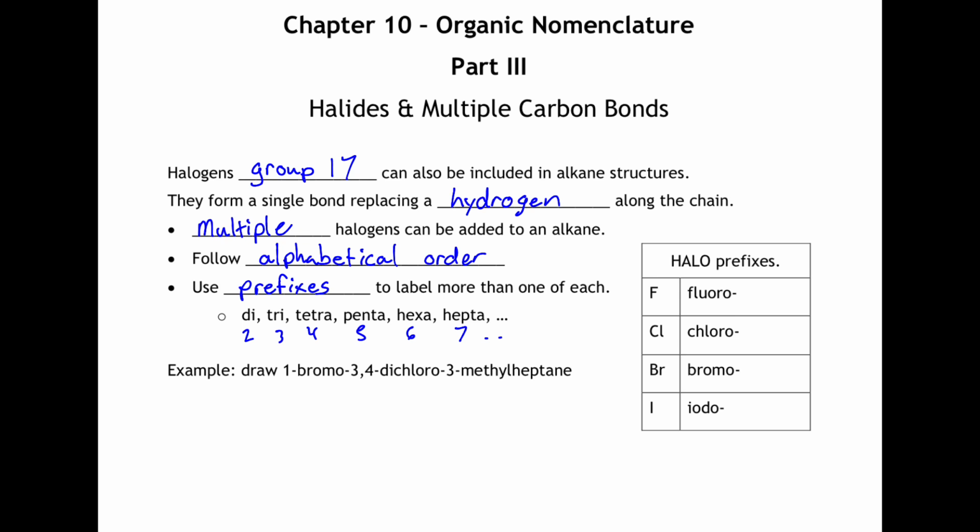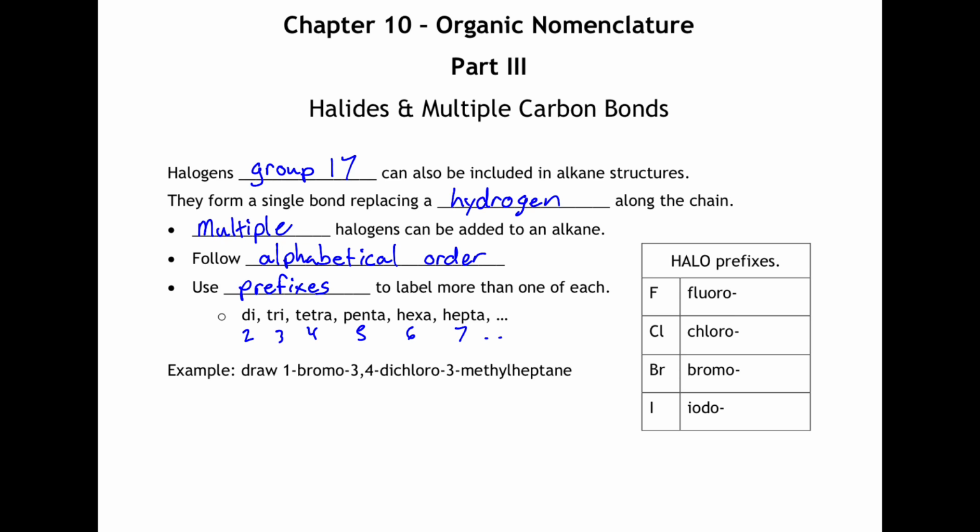And so the prefixes that we're going to use are halo prefixes. I love how we get to use basically the same word over and over again. Halogen, halo, halide. It's all basically the same word. It's just like doing verb tense on it. We have our fluoro group for fluoride or fluorine, the chloro group, bromo group, and the iodo group. So yeah, that's for iodine, iodo group. That will get into some weird words, but we'll draw some branching alkanes here and replace some of these hydrogens